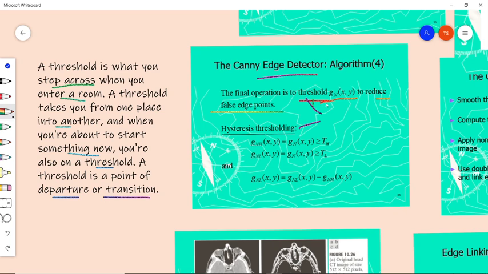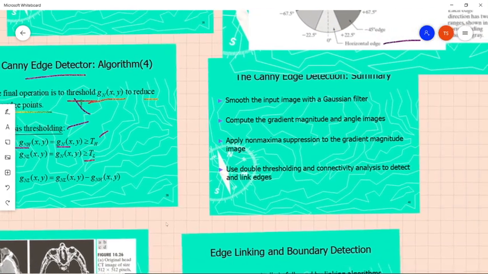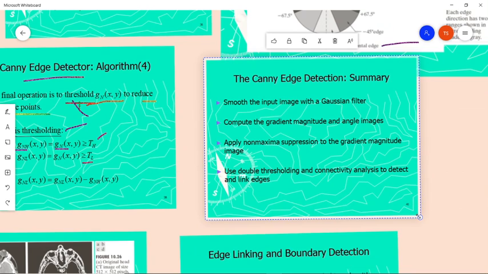Hysteresis thresholding expression is g of nh of x comma y is equal to g of n of x comma y, which is greater than or equal to t of h, and g of nl of x comma y is equal to g of n of x comma y, which is greater than or equal to tl, and g of nl is equal to gnl minus gnh. So by applying these expressions, now we summarize